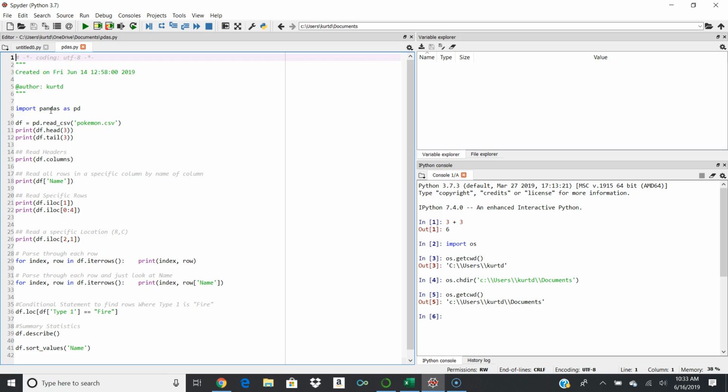So that's just simplification, right? So we don't have to type Pandas the whole time. We just type PD. Down here, we're creating a data frame. And the data frame is the simplest name we could possibly give it, DF, which probably is not the best idea because you're going to forget what it is later on. But DF, we're going to set that equal to PD